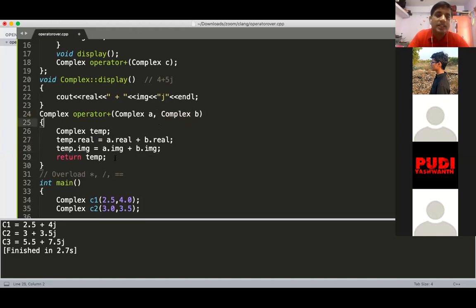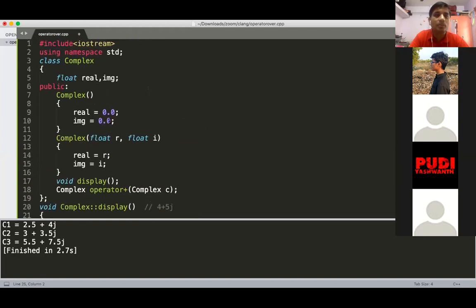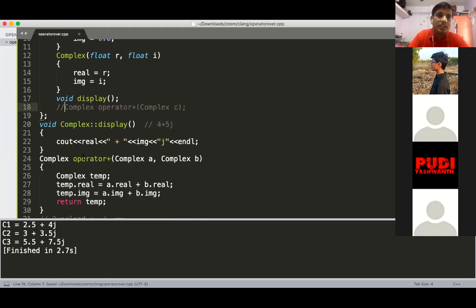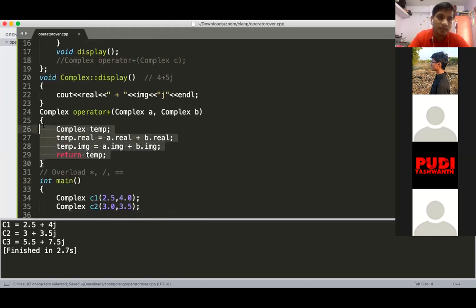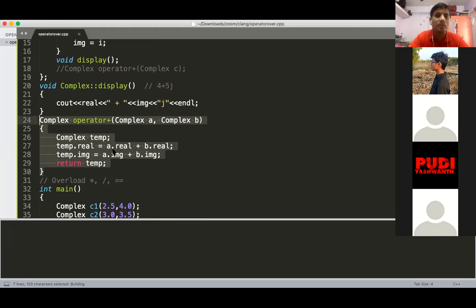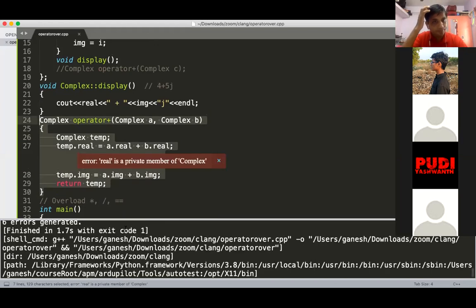So the same thing, but here if I do this and you run this program with this as an outside function, then it will give an error. What is the error? Real is a private member of complex.